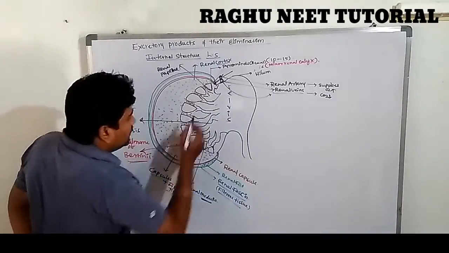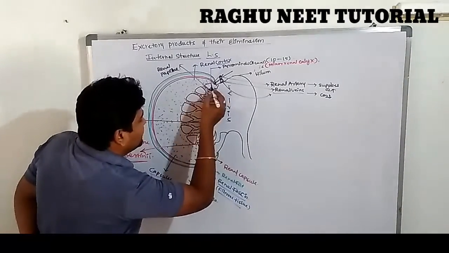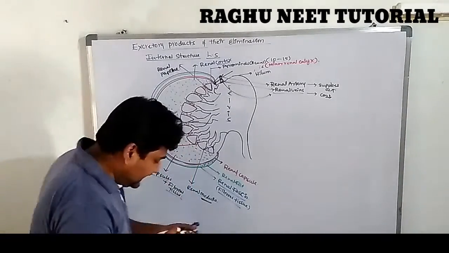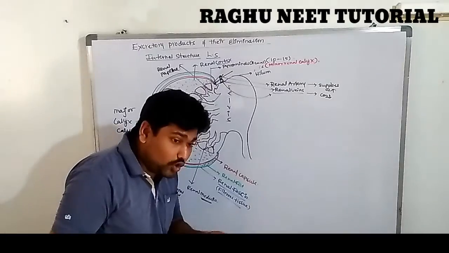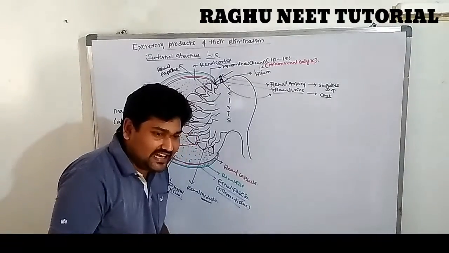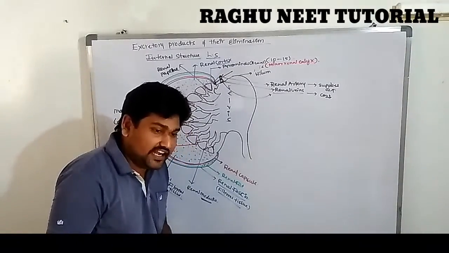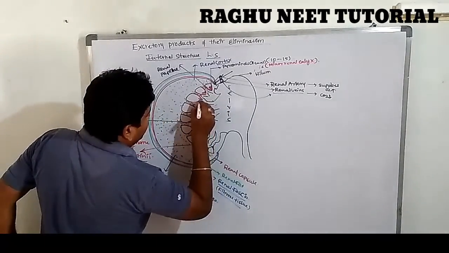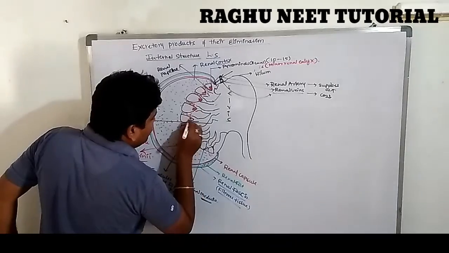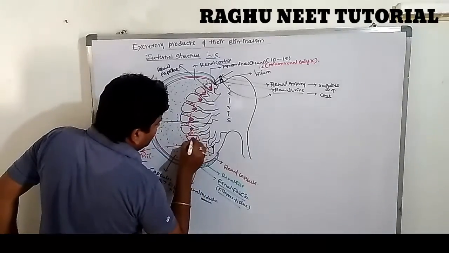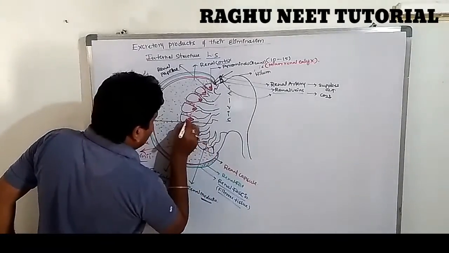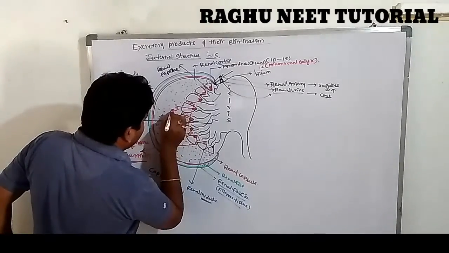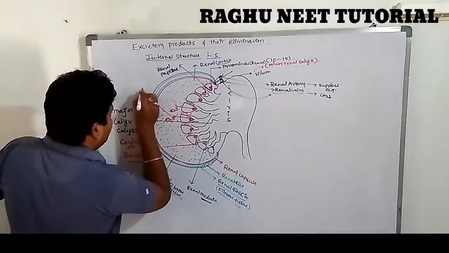In the kidney region, there are a large number of pyramid-like structures. These pyramid-like structures consist of a large number of tubules. These tubules are called uniferous tubules or nephrons. Each pyramid contains similar tubules; uni means similar. These similar tubules are called uniferous tubules or nephrons.